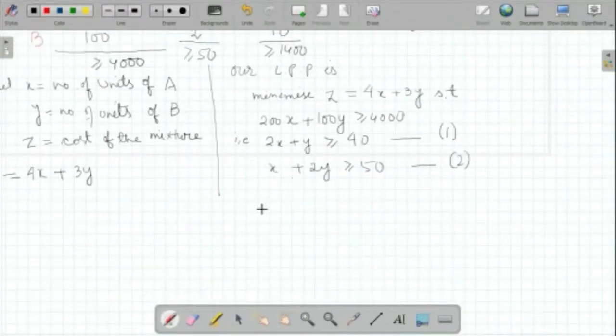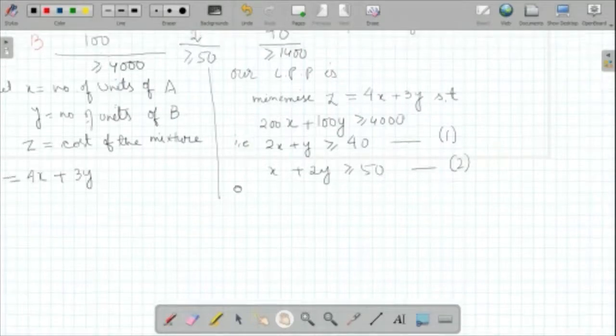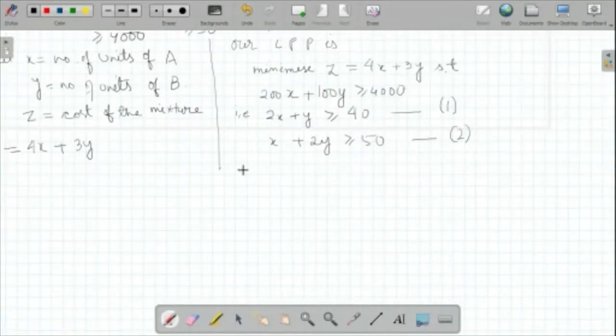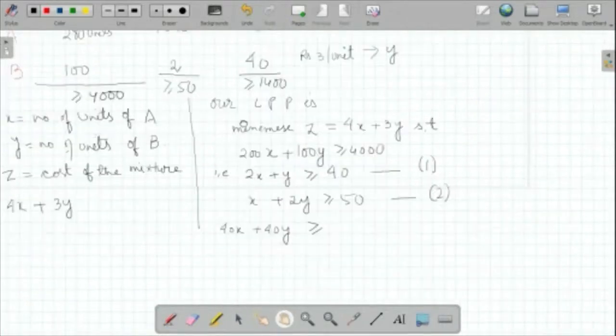So what should be here? It will be 40x plus 40y, so 40x plus 40 times y should be greater than or equal to